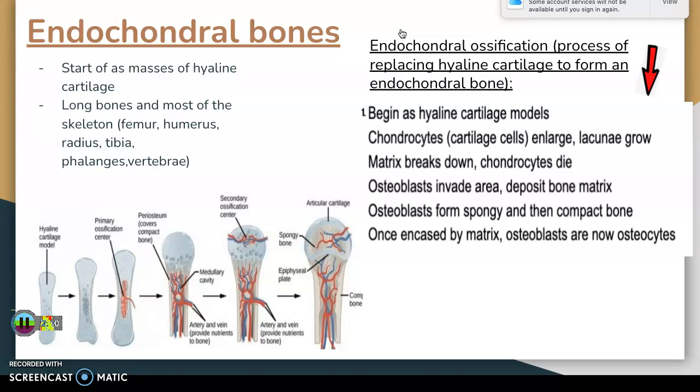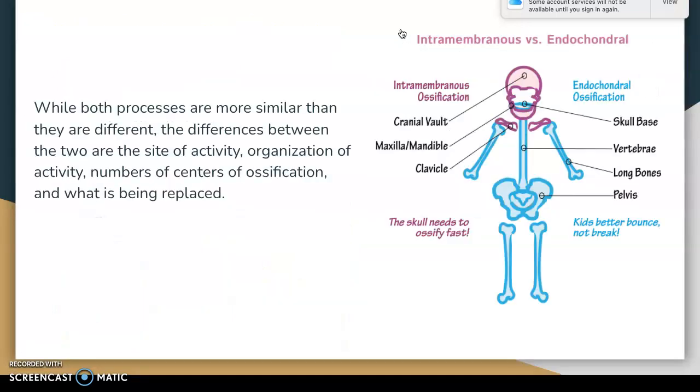So basically, endochondral bones make most of our bones, which is the long bones. And then on the other hand, we have the intramembranous that do flat bones. So while both of these processes are more similar than they are different, the obvious difference between the two is just the site of the activity, the organization, and the number of centers of ossification, and then what is being